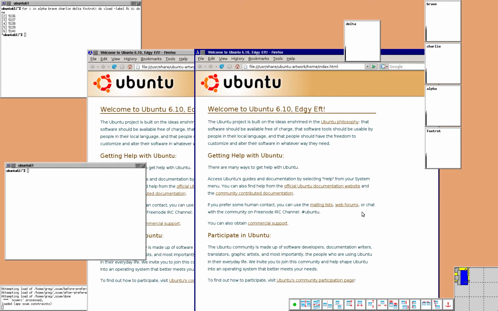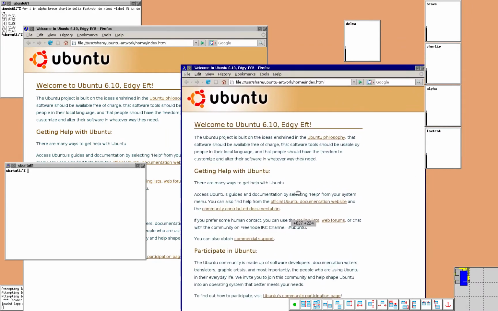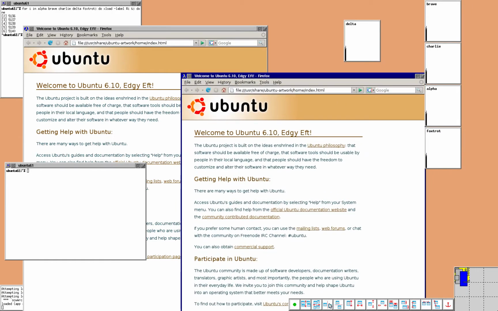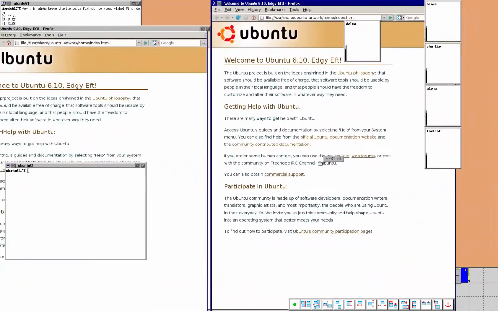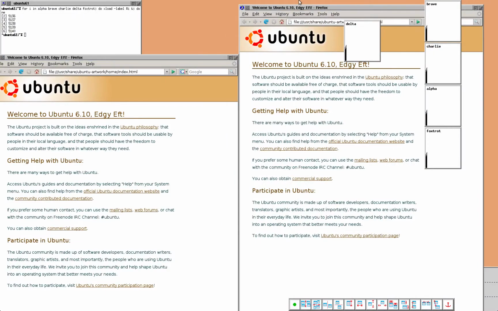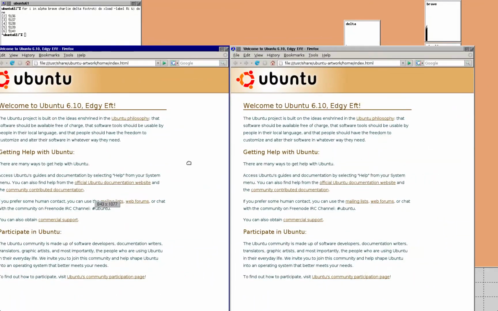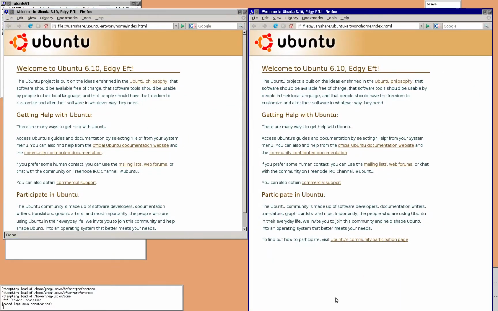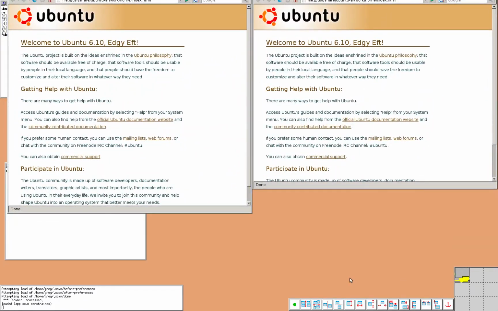And as a simple example of a constraint, I'm going to make these 2 Firefox windows sort of behave together. I'm going to connect the right side of this one to the left side of this one. You see it animates to establish a constraint, and now I move things around and they move together. I will make the tops move together as well, constraining the top of the one window to the top of the other window. I'm going to do the same with the bottoms, and